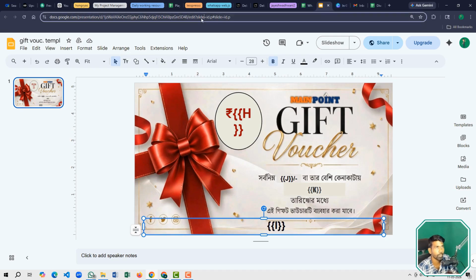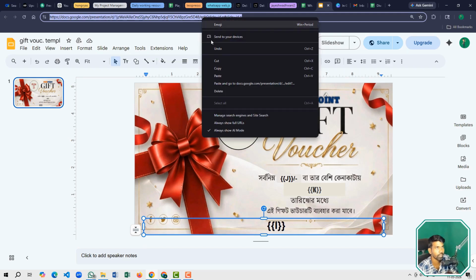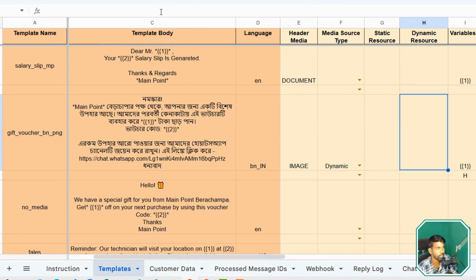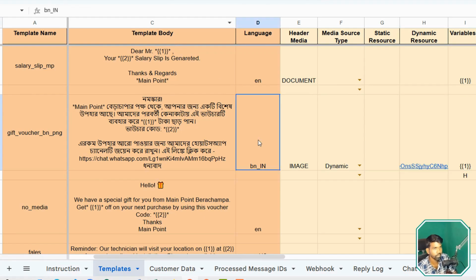So now I will copy this URL, this template URL, and I will paste it here. Now I will test it